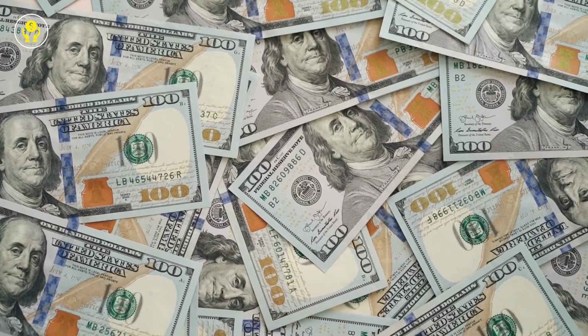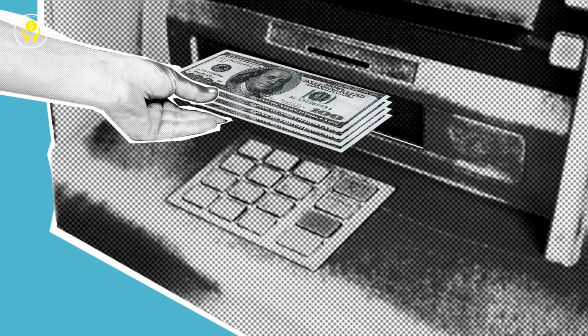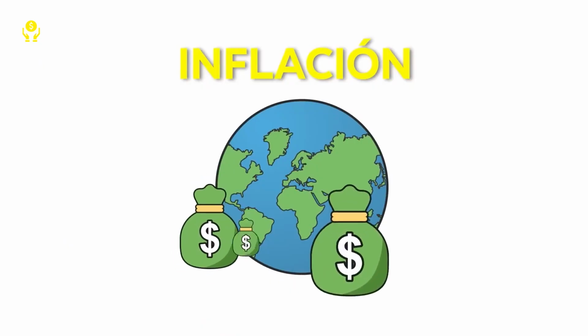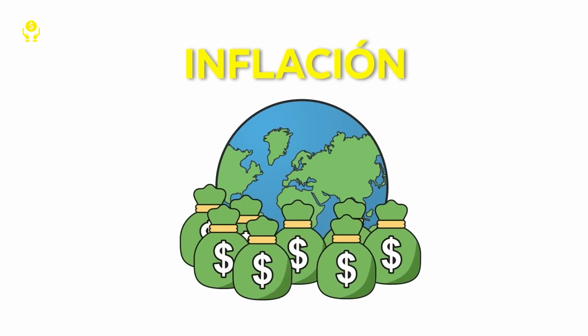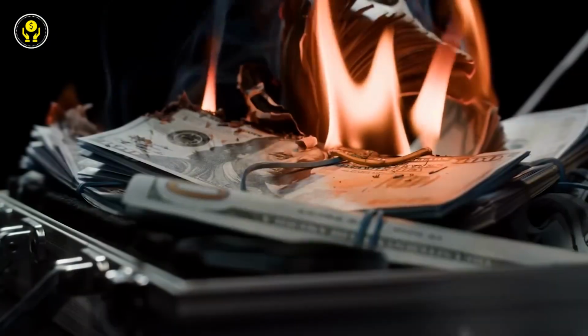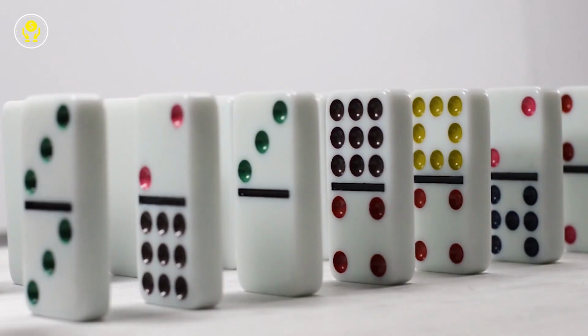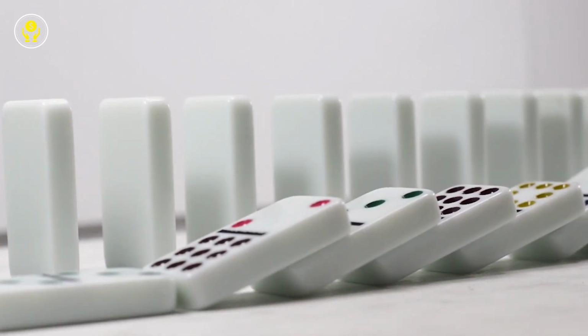One of the worst things that can happen to a country is printing money, as it is the main cause of inflation. Just as inflation occurs when there is too much money, the way to reduce it is precisely by removing the excess money in the economy. That's why every time a country has printed a lot of money, it has had disastrous consequences.